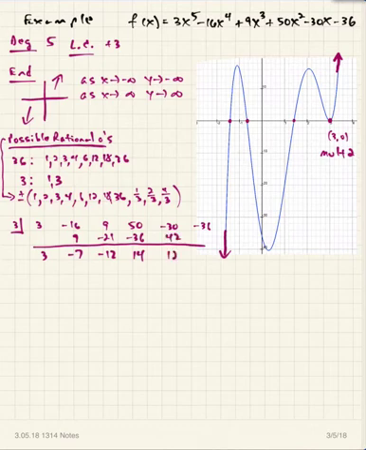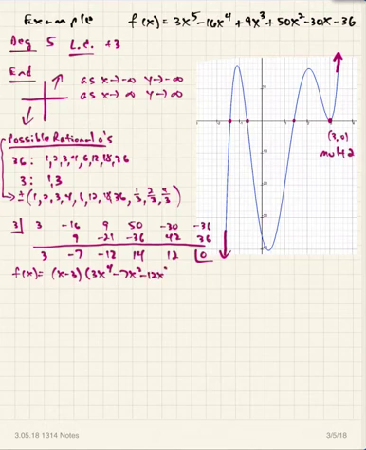I get positive 12 there, and sure enough, I get 36 at the end, which gives me 0 when I add. So my first factorization is that f of x is x minus 3 times 3x to the 4th minus 7x squared minus 12x cubed plus 14x squared plus,